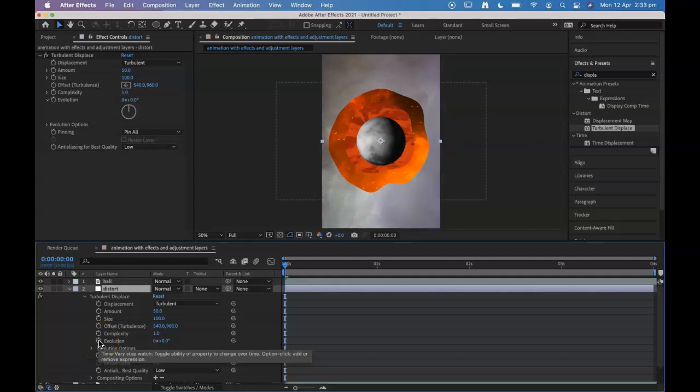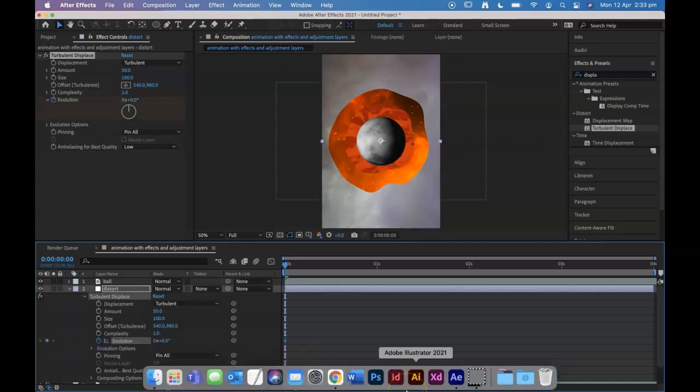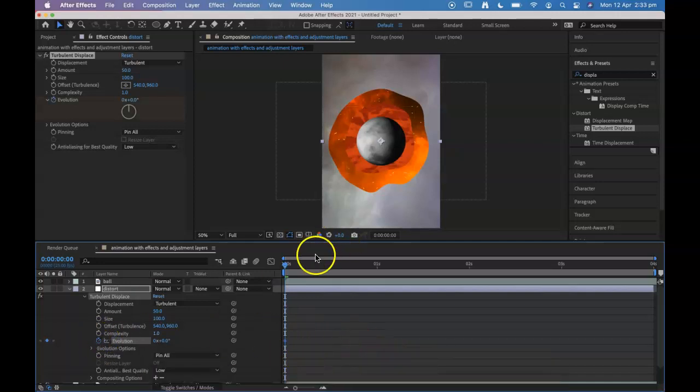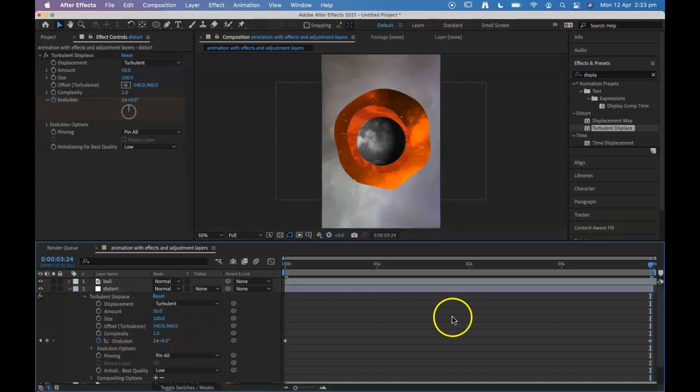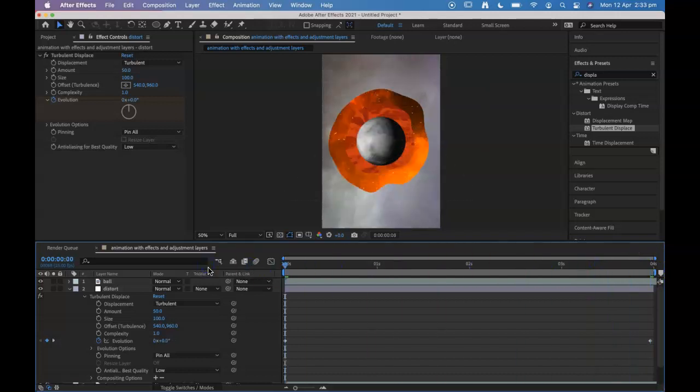So I'm going to animate the evolution. At the start of the animation, I will add a keyframe by hitting that little stopwatch, and then I'm going to move to the end of the animation, or ahead in time, and increase the value here so that the evolution is going to be 2 revolutions, and you'll see that that's changed that over time. And if I preview that,